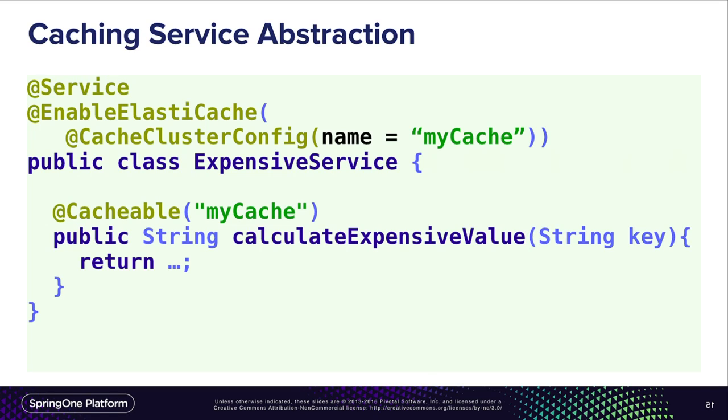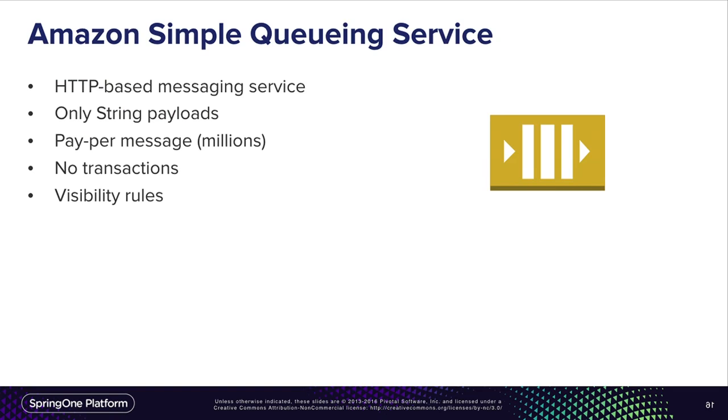Amazon Web Services also provides services which are new in the sense that there is no equivalent in the local world. And one is, for example, the Simple Queue Service. It's a small queuing service. It's actually the first service that Amazon provided, right before S3, when they started the Amazon Cloud. And it's an HTTP-based messaging service, so I can write messaging. It has the messaging semantics. It supports only string payloads,